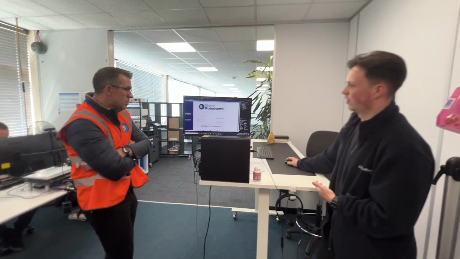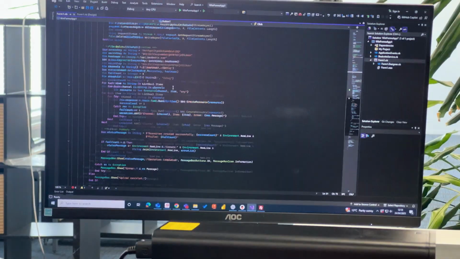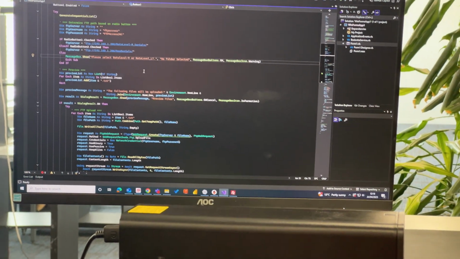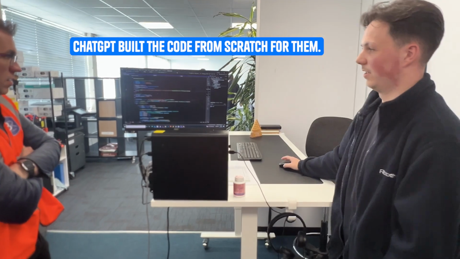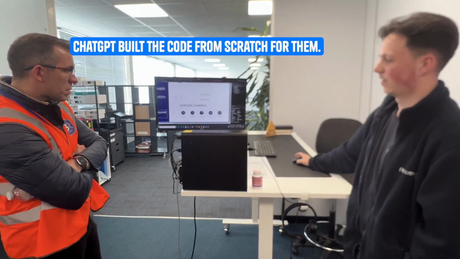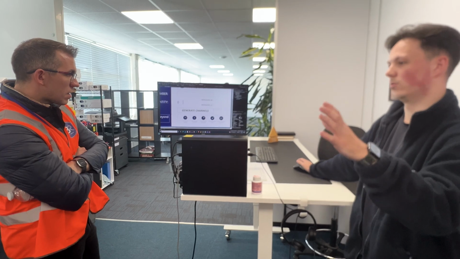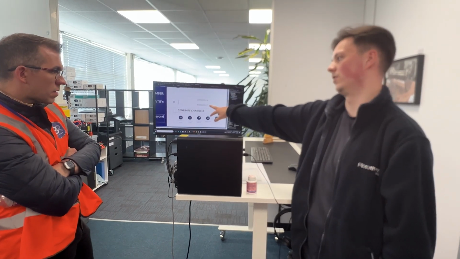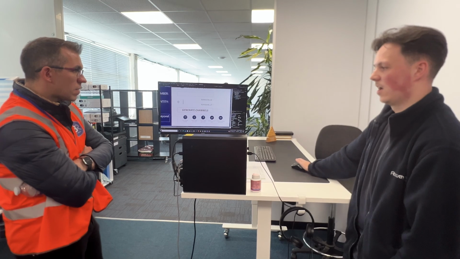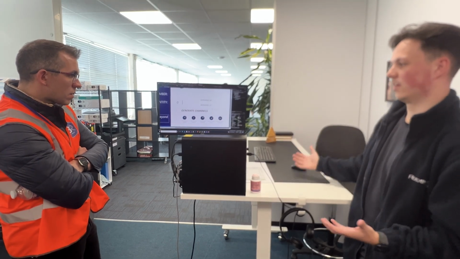That's good. One other thing I've been working on in regards to AI is a Windows form, which is another application of AI. AI literally wrote this whole code for me, which creates this form. This is in relation to our ultrasonic range, our Rotel LM, which is the new product, and the older version for large tanks. So what this actually does is